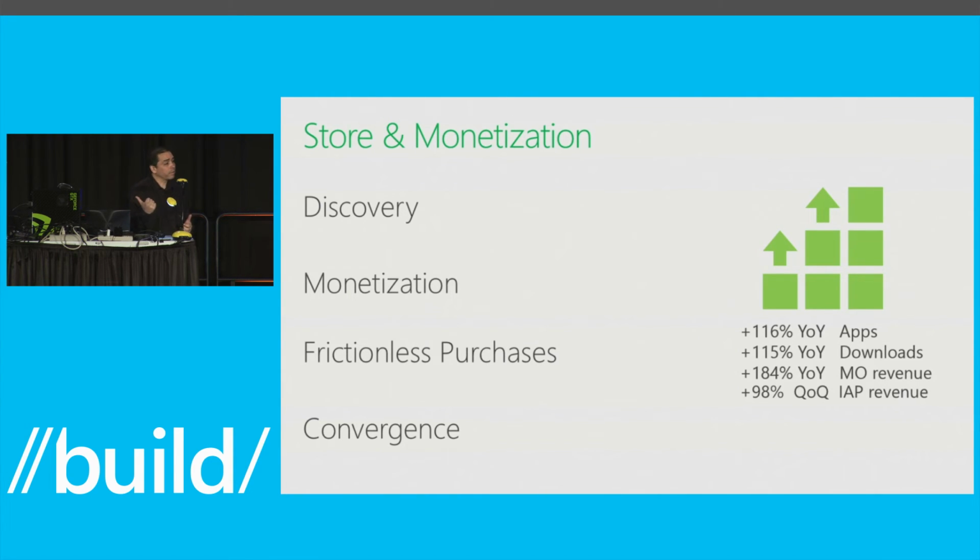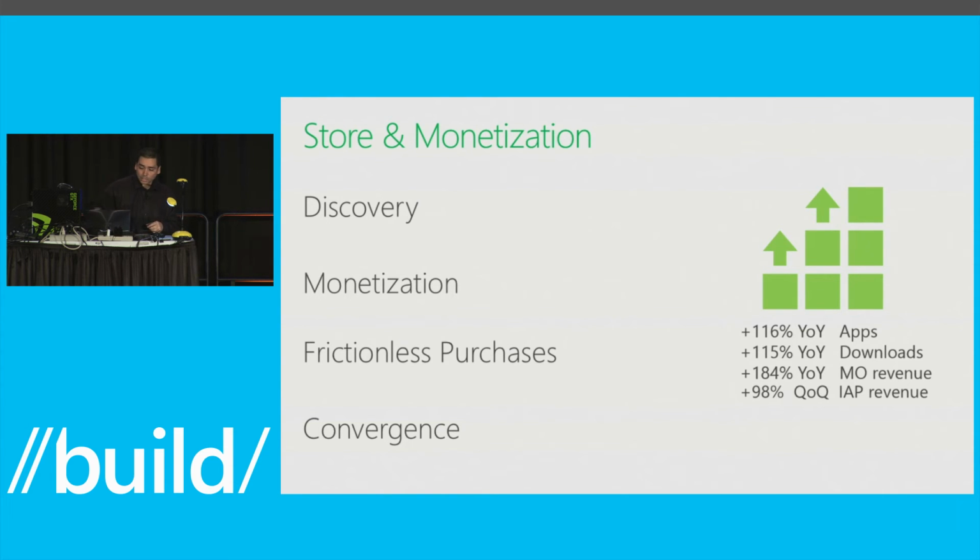On Windows Phone, we added in-app purchase on landscape, because before we only had it on portrait. Now you can go in there and do landscape. So we're adding all of these small little things that keep decreasing the friction and increasing your monetization. We're having a lot of improvements on our ads SDK.